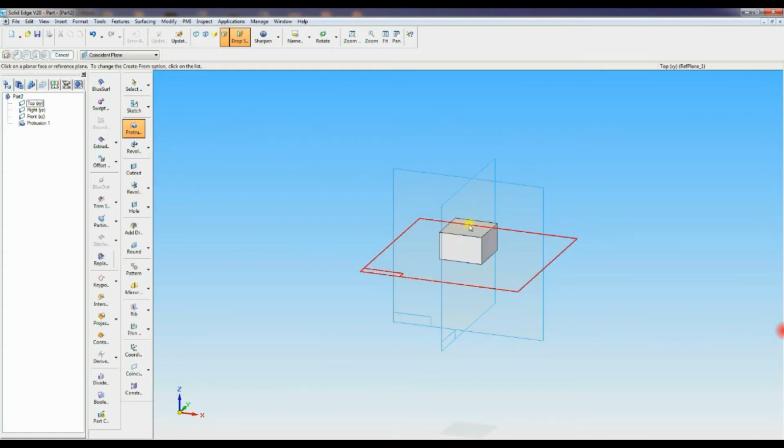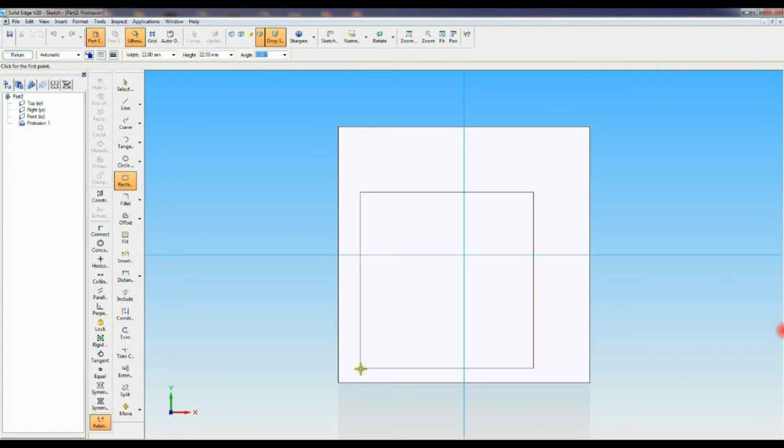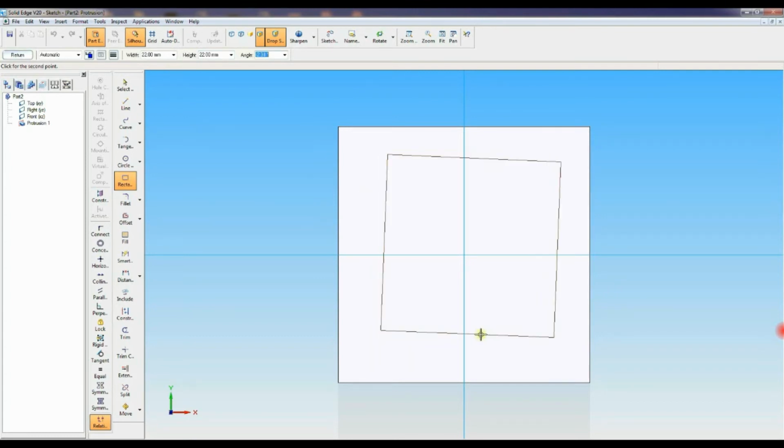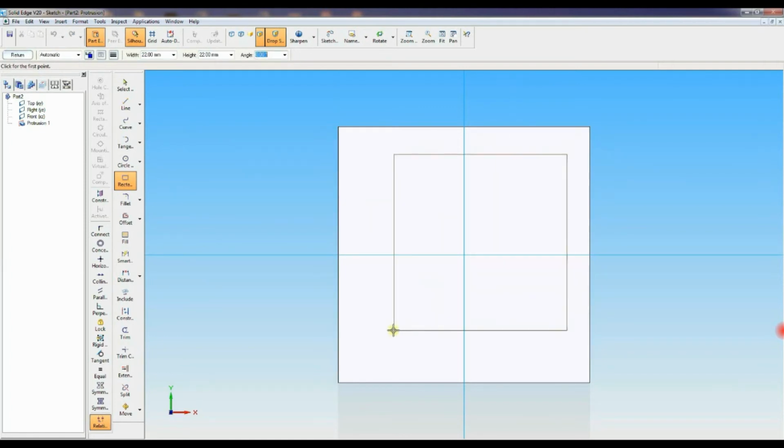Then protrusion, select the top surface. Here you have to draw a 22 mm square by selecting the rectangle command, 22 by 22. Draw the 22 mm square like this.